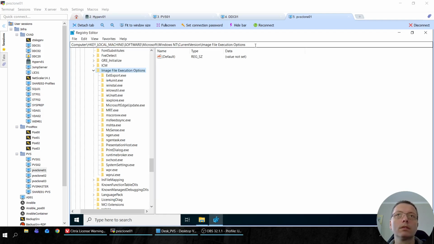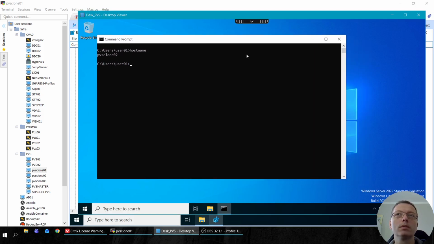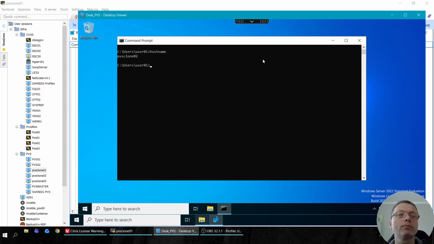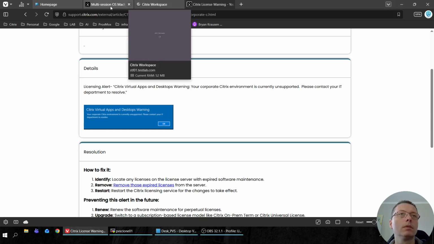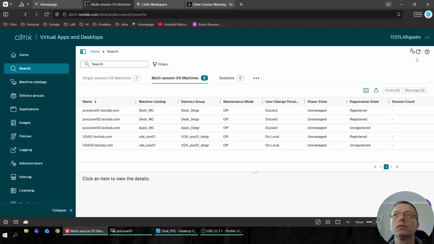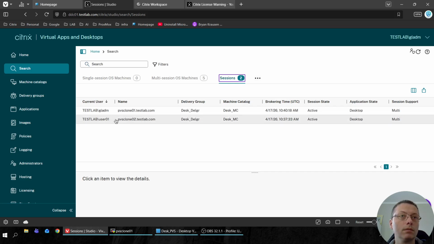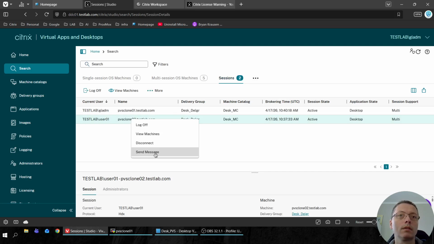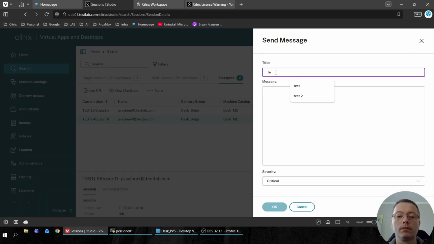So this is the location. Here I will create with PowerShell a new entry. It will be the exe name, and you will see the message that I'm writing. So now I'm on PVS clone 01, and I also have a user through Citrix connected to this machine. And let's first try to send a normal message. So let's see. Okay, so let's try to send to user 01. Send the message. Test